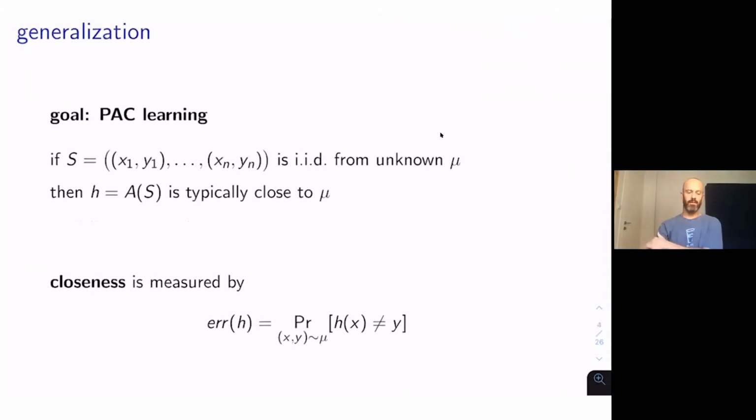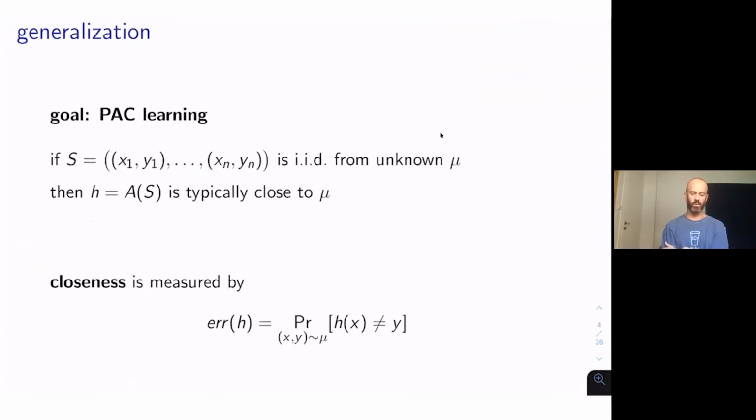So the high-level goal we want to achieve is something like this. If this list of n examples are drawn independently from some distribution, we don't know the distribution, but we assume that it is drawn from some distribution,